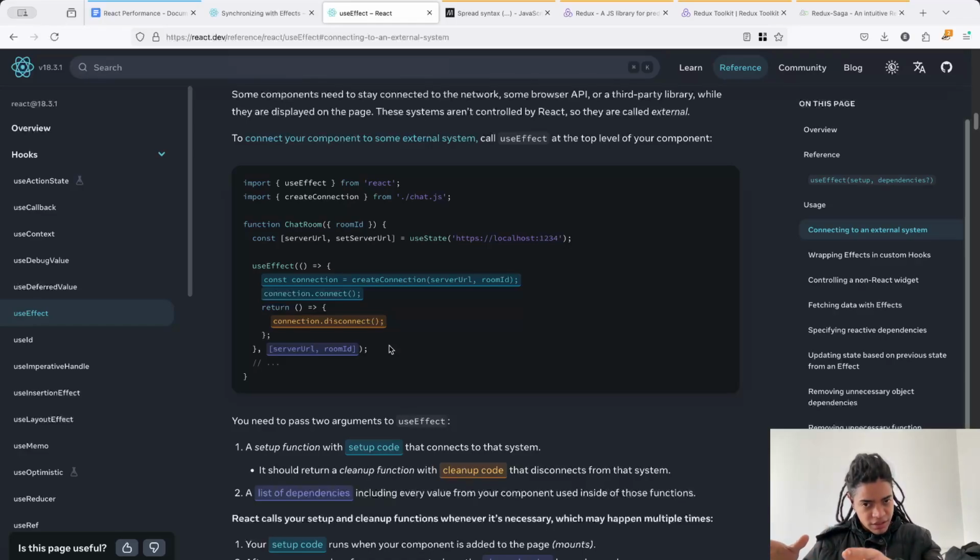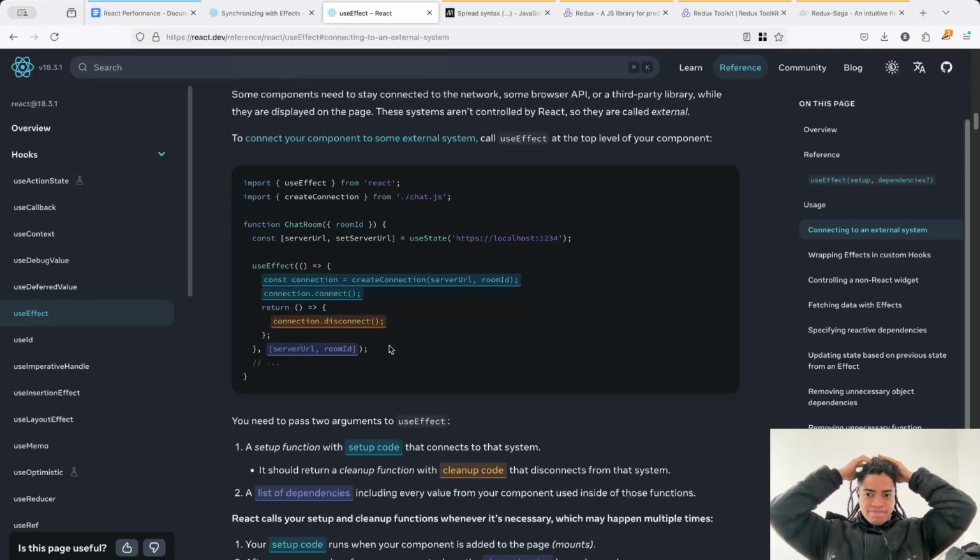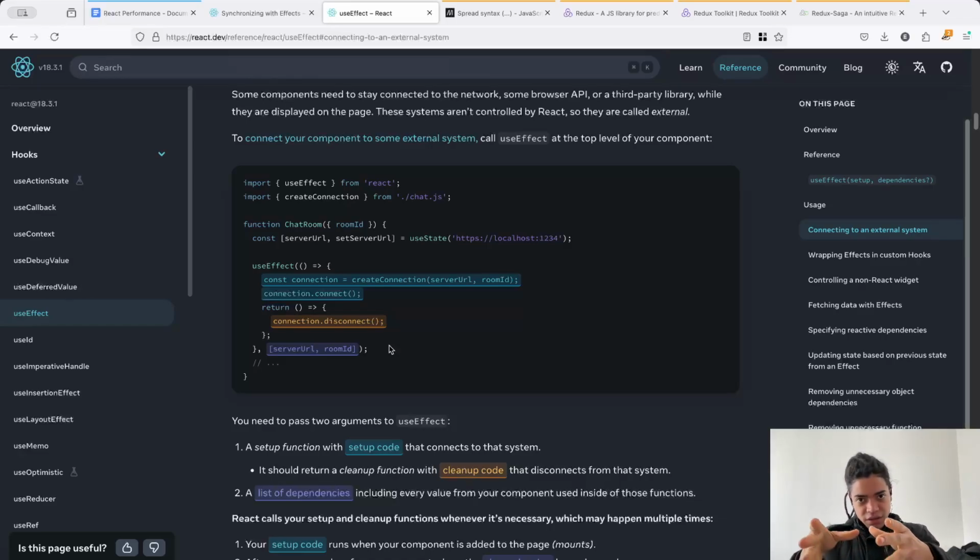That's why we pass this as the second parameter, this array of dependencies. That makes a lot of sense. So once we define this side effect, or this piece of code here,